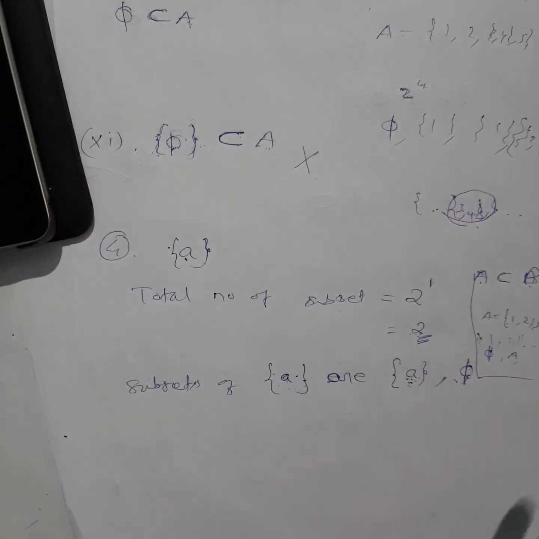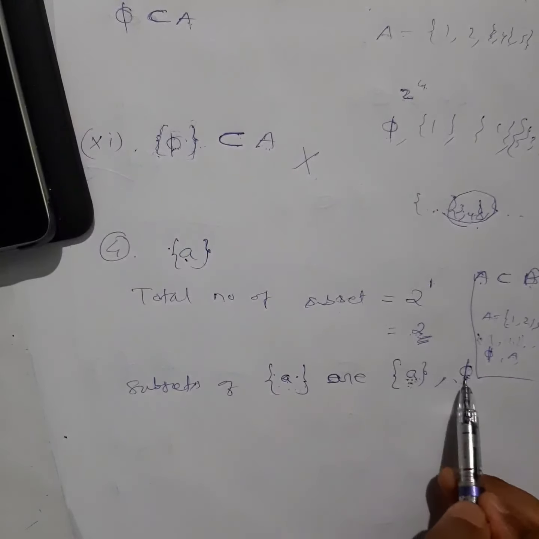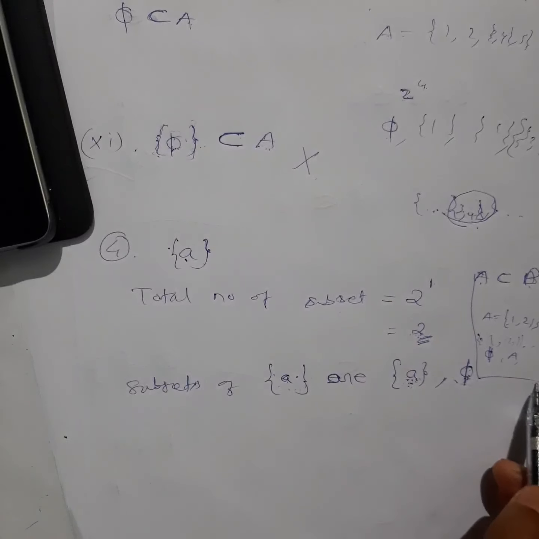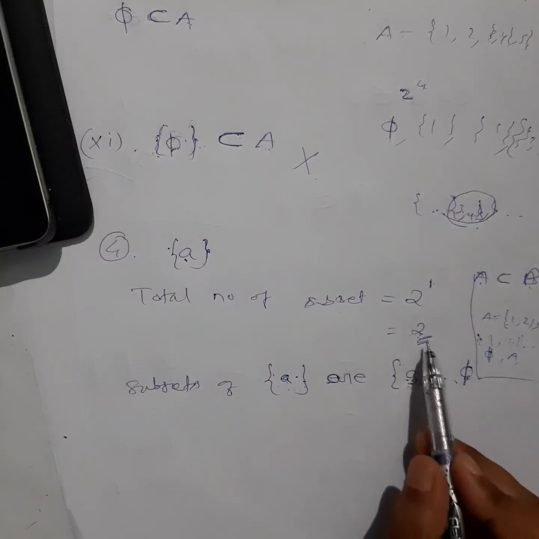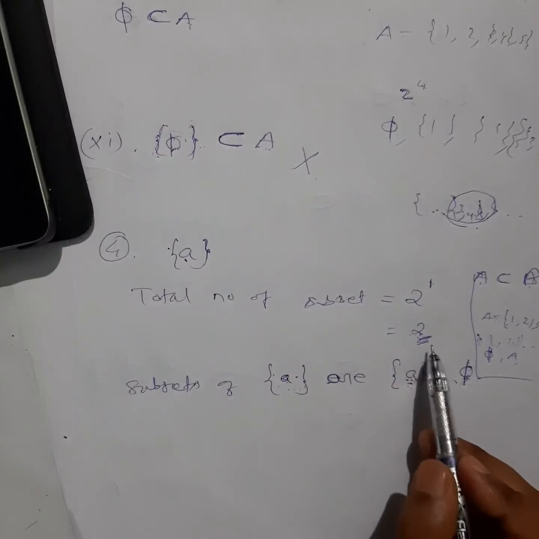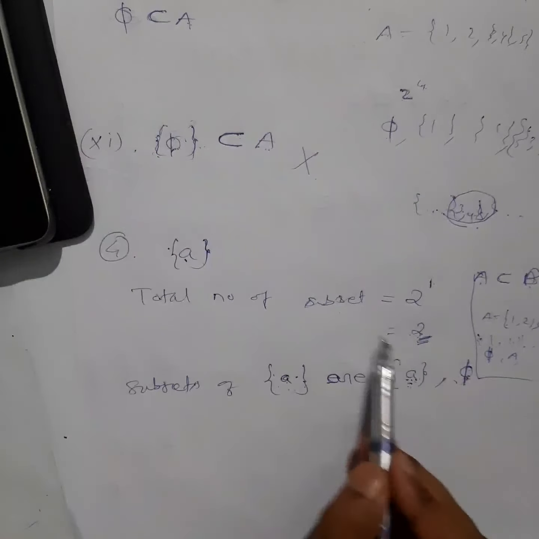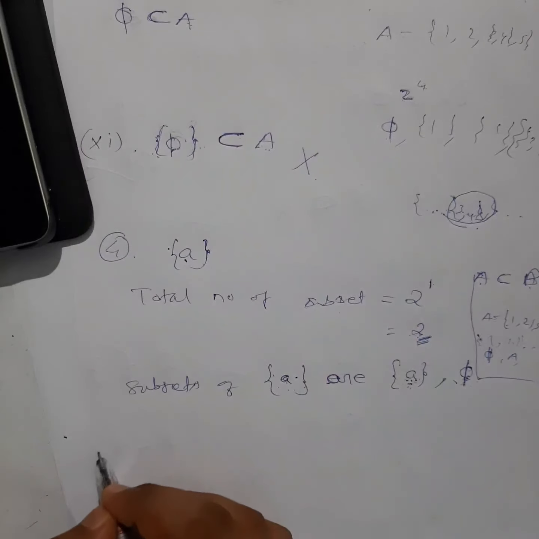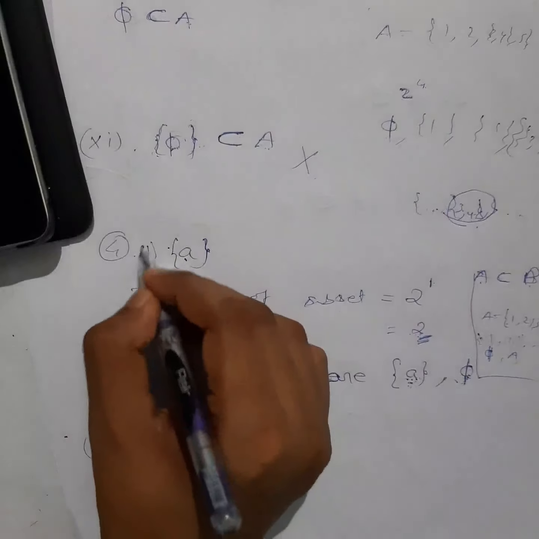If you know that it will have 5 subsets, then you can think I'm missing something. That way I can think and find out what the missing subsets are, right? If I know how many subsets there are, that is the advantage, as I told you while doing the topics. Anyway, so next, this was number 1.